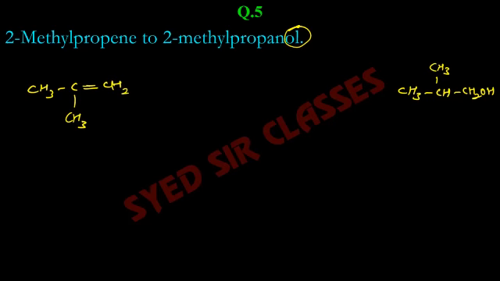Tanishka, I'll show the previous slide later on. There is nothing like anti-Markovnikov rule here. The acidic hydrolysis is similar to Markovnikov rule, but nothing anti-Markovnikov except HBr. For anti-Markovnikov, only HBr, nothing else. So anti-Markovnikov rule is applicable only for HBr. Now tell me, how do you convert this to 2-methyl propanol?